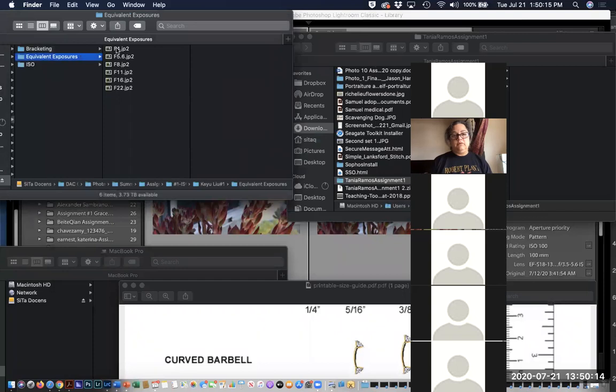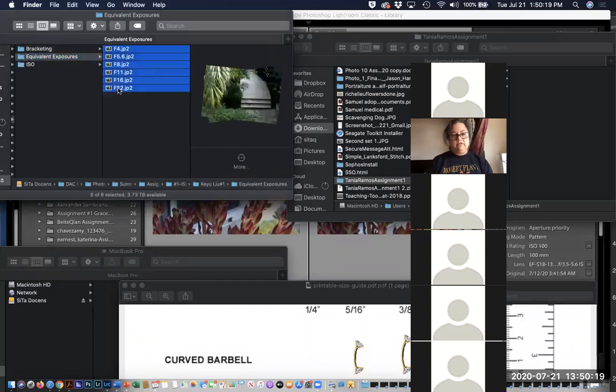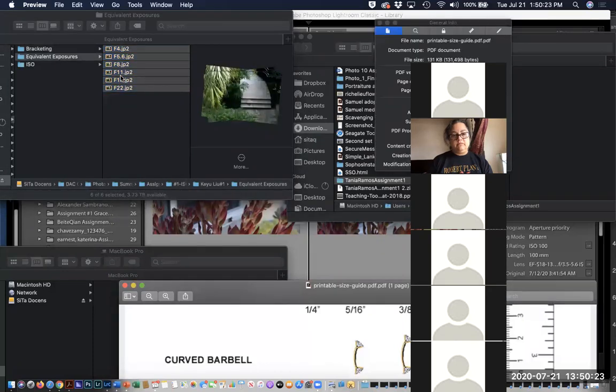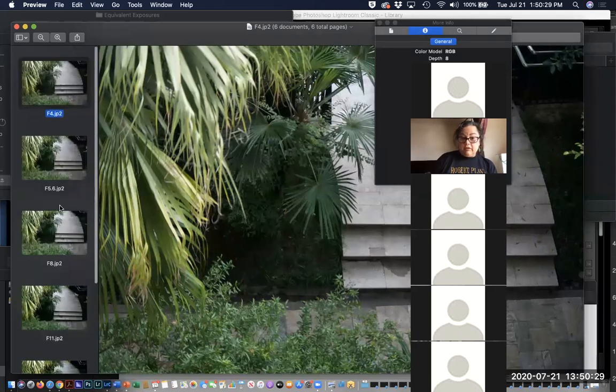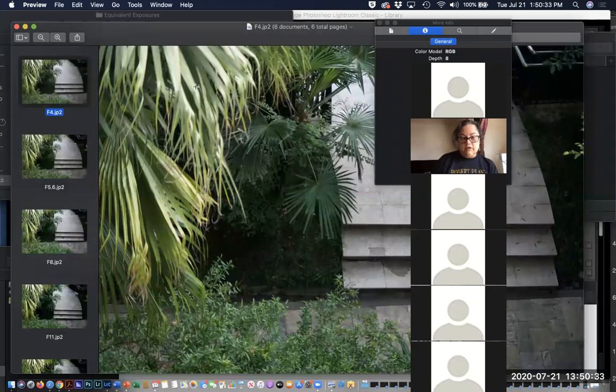So go to equivalent exposures. So from F4 to F22. And in terms of exposure, that's great. They're all the same. So F4 here, a large aperture giving us somewhat more shallow depth of field. And then,